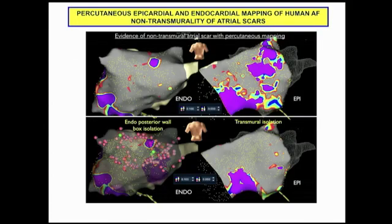And I think this image here nicely shows an example from our case series, which is now somewhere in the 10 to 12 range, that when you look at the endocardial map, had you only had endocardial points, you would say the posterior wall is completely isolated and no significant signals are seen. Yet, when you look on the epicardial side, you can see clear, in the top right, you can see clear areas of continued normal voltage. In this case,